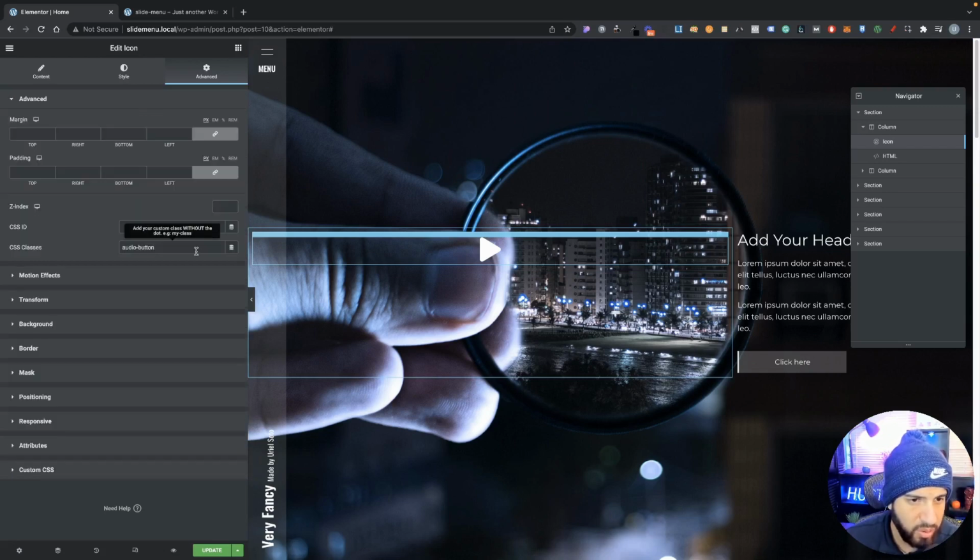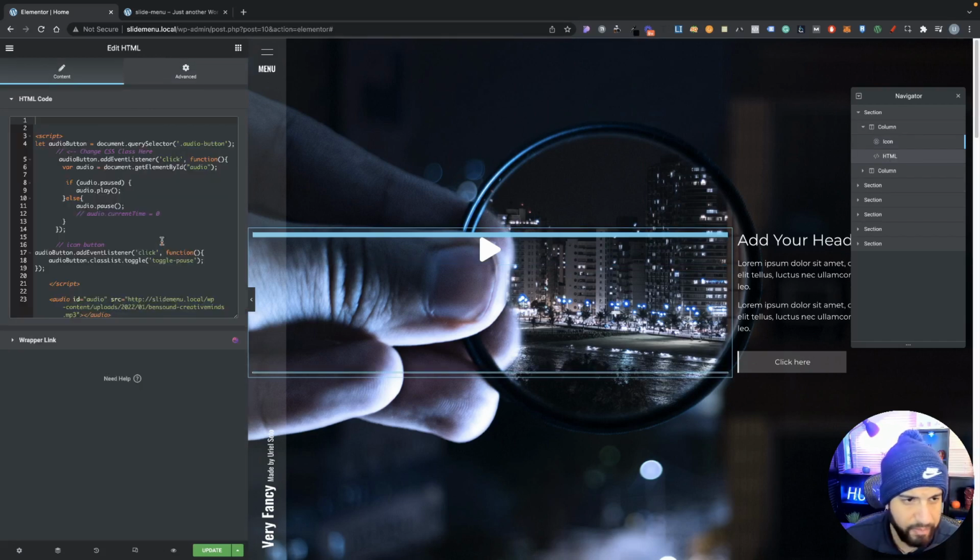But also it is important that you do have this audio button regardless, just in case you didn't follow along in the last video where we added that in there. As you can tell, my query selector is targeting that specific class, so that's why that's important. So now if we go ahead and update this,